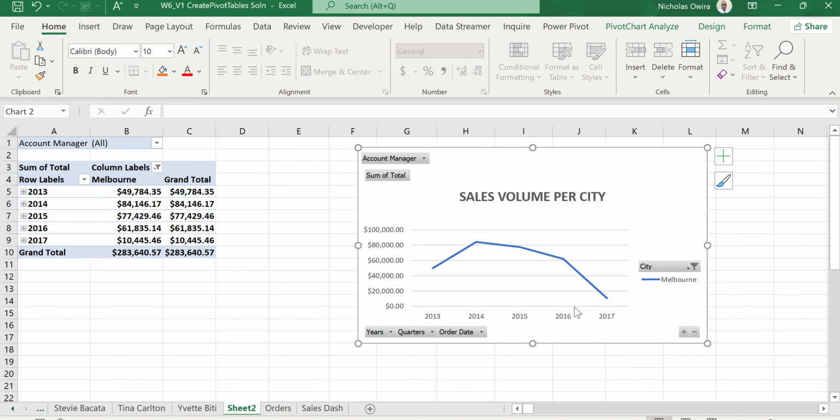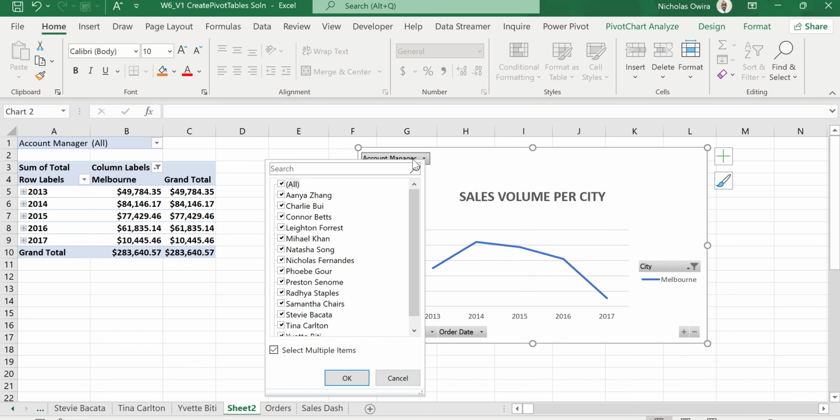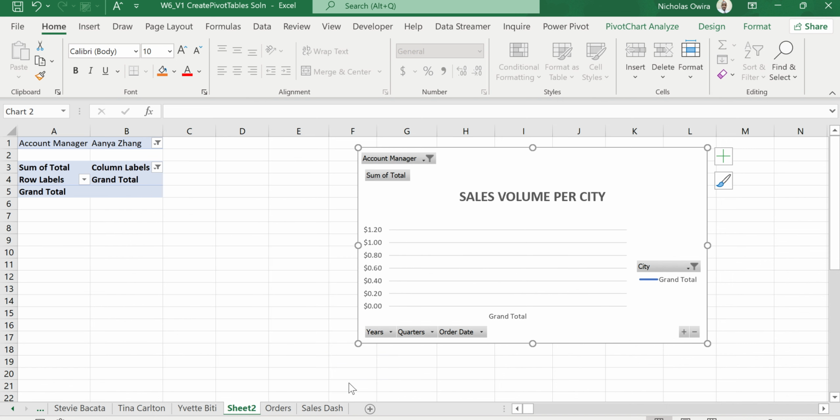We can further filter this data by account manager. Let us go to the account manager, and let us say that we only want to see how a particular account manager performed in this one city from 2013 to 2017. I'm going to unselect all, then select only one account manager, that is the first one. OK. It is not showing anything, meaning that this particular account manager we have chosen did not make any sales